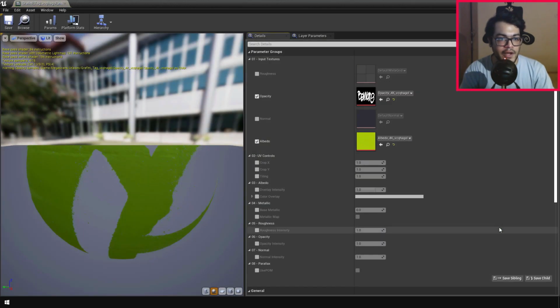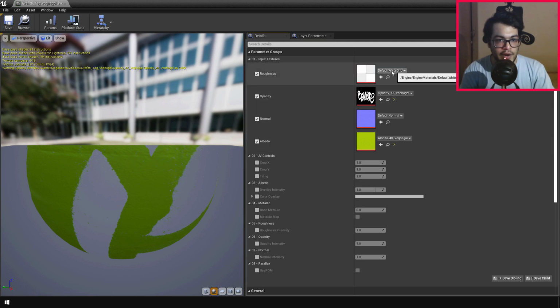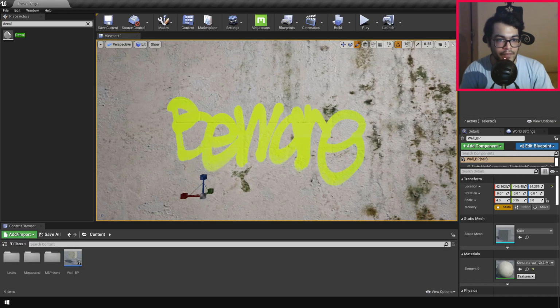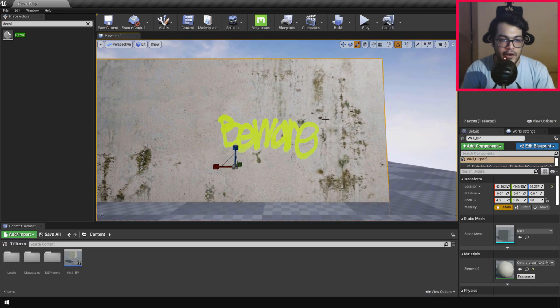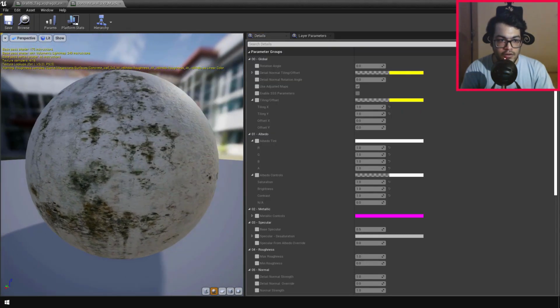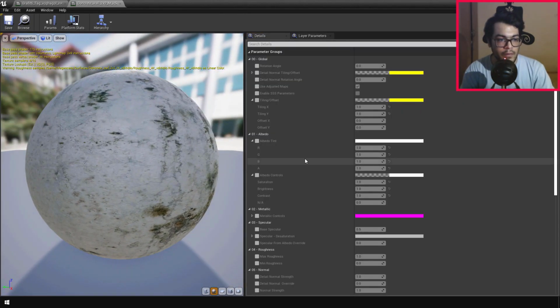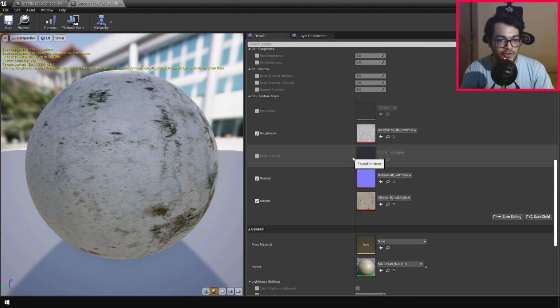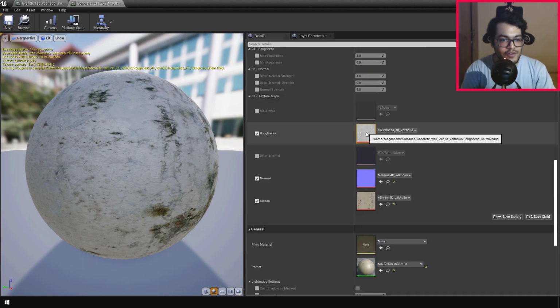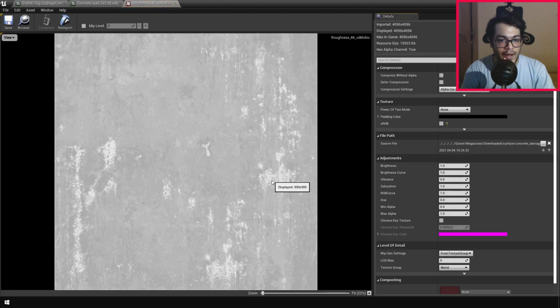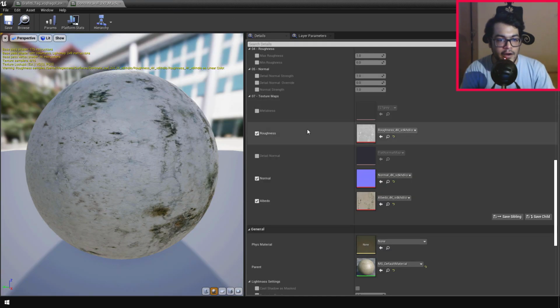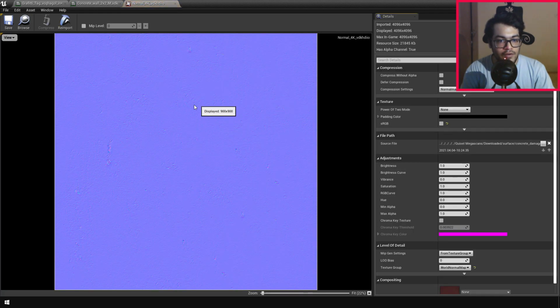If I open this decal material, we have the roughness slot and we have the normal slot. If we enable these slots, you can see it's using the default normal map. So it is a checkered brick texture. We need to just replace these maps with our wall map. So just select the wall, and after selecting the wall, you can go in the materials. This is just a wall material, pretty simple material. It's a basic PBR shader. As you can see, this is the roughness map. It's a black and white map. And this is the normal map, and this contains the normal information.